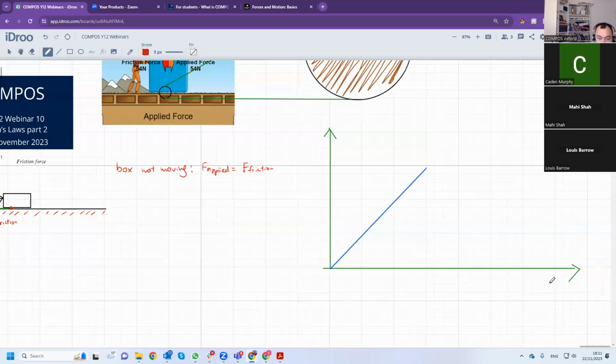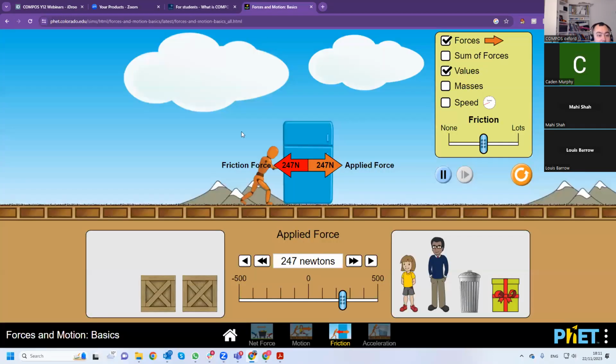So this is the F applied, and this is the force of friction. So if this is 50, this is 50. If this is 100, 100, 200, 200. But at some point,